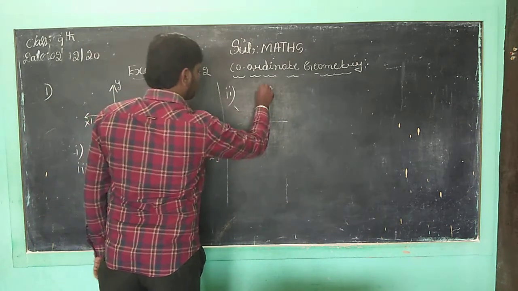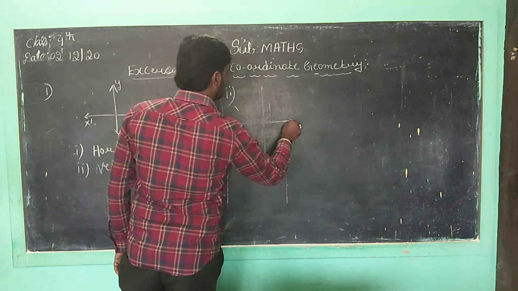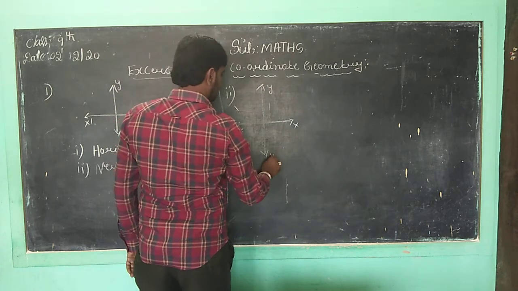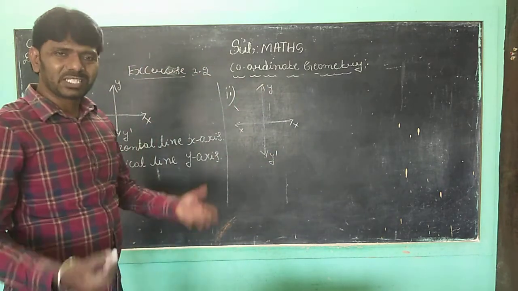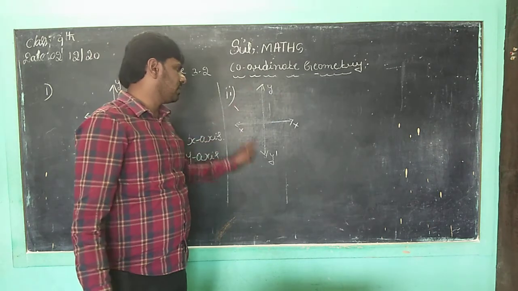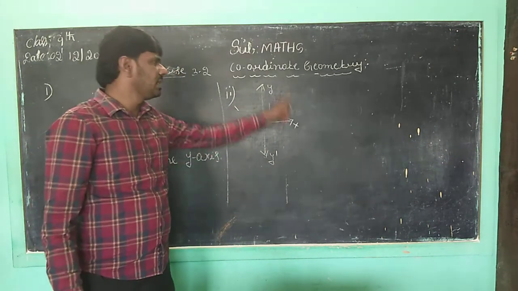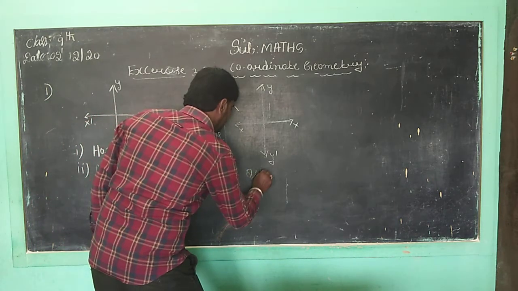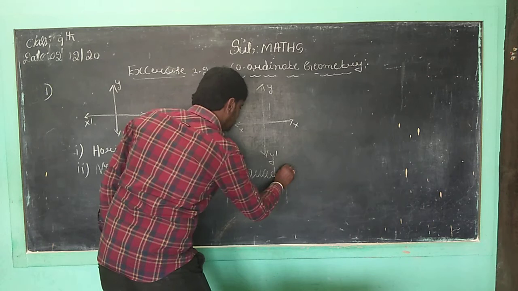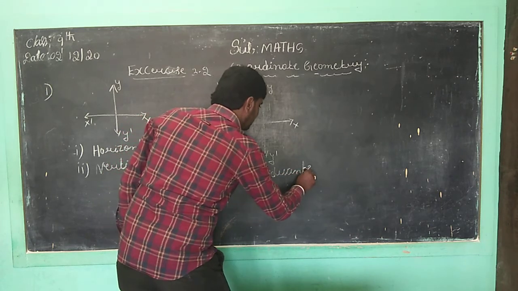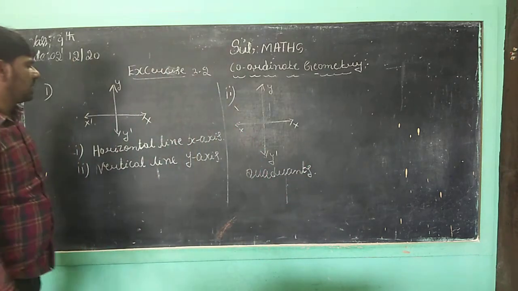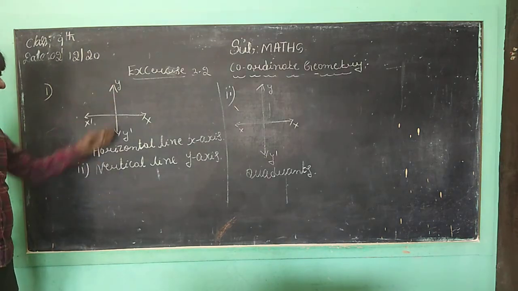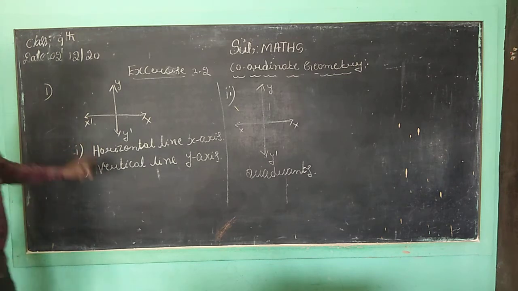This is x axis and this is y axis. These two lines forming, then also it is divided first quadrant, second quadrant, third quadrant, and fourth. What we can form? These two lines is forming, then also the name is quadrant, children. What we can call the name is also quadrant. Second question. Correct, children? Any doubt here? So first one is, the horizontal line is x axis and vertical line is y axis. Correct, children? These lines form.